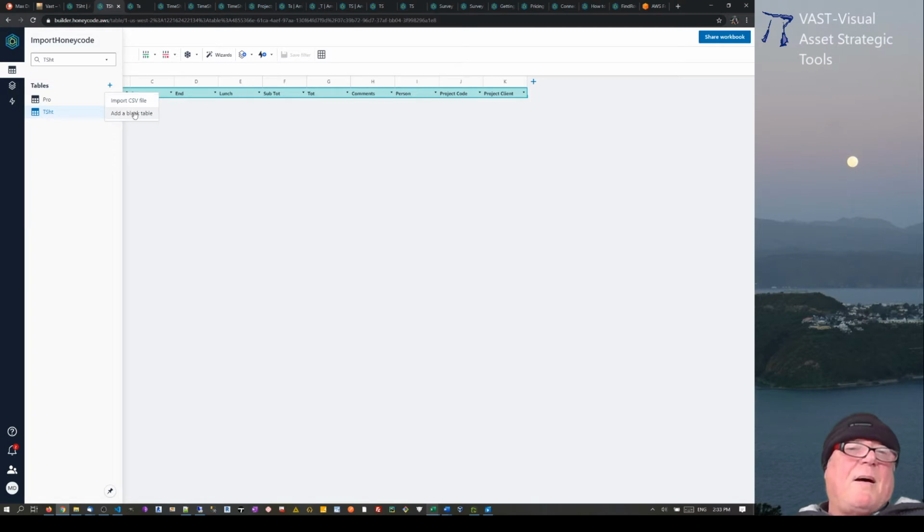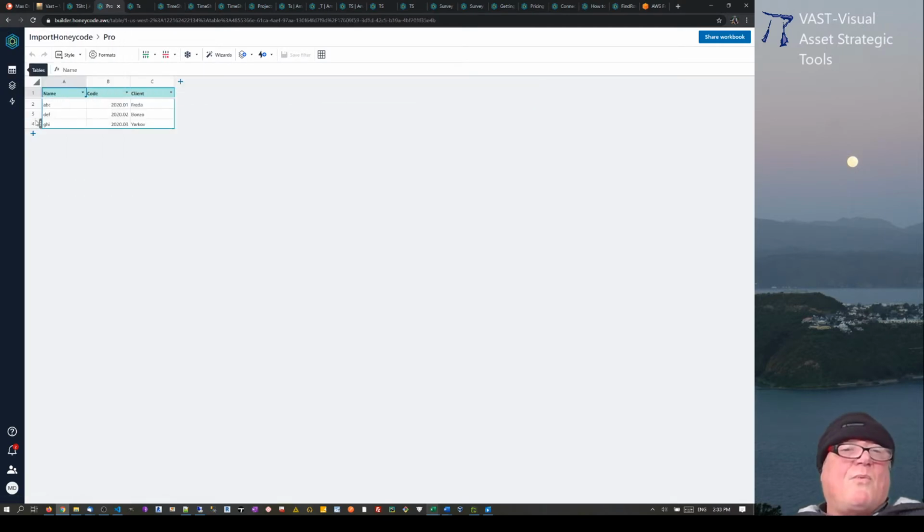I actually built a blank table and I just populated it with this pro one here. So I've got name, code and client. Again, this would come with extra rows and things like that. Now one of the things with that other one is because when we associate this, if I added another row and I put client email, let's just put email, I can actually have